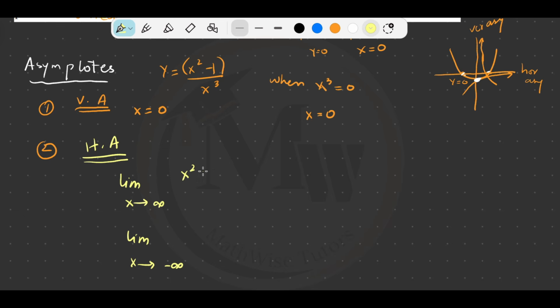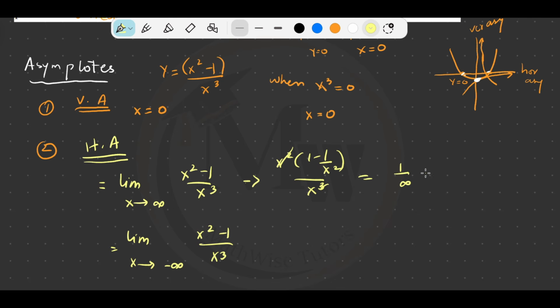So we plug this value into the function (x² − 1)/x³. And you know how to plug the limit into the function. When we have the infinite limit, we take the highest power common from the numerator. So this would be (1 − 1/x²)/x, and this highest power cancels out. When we plug in the limit infinity, 1 over infinity is 0, 1 minus 0 is 1,